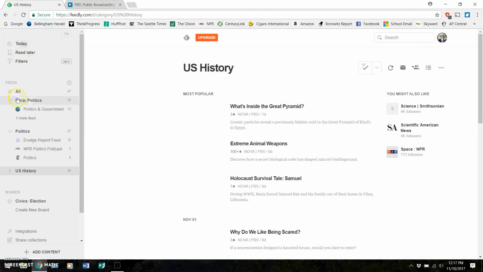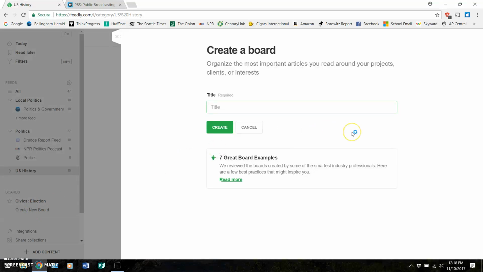So overall, this will be useful. You can organize all these different articles by site, by article itself. If you want to create a board down here, that's probably one of the more useful ways. I think particularly knowing you're really good at taking a bunch of different sources and using them together in a lesson. So I would say it might be nice to create a new board, and your board might just be something related to,